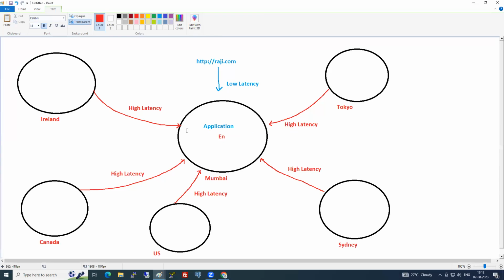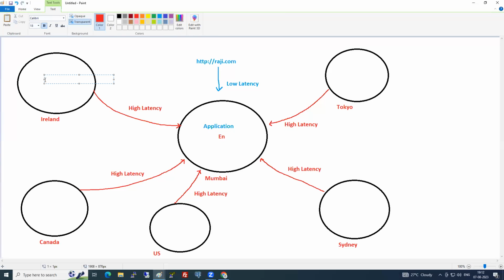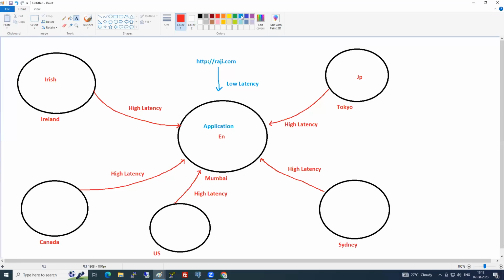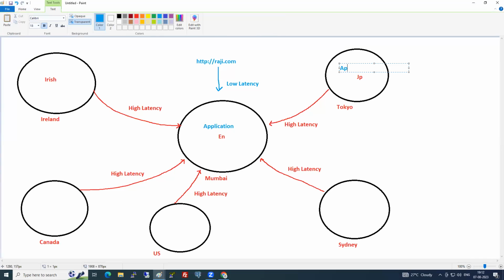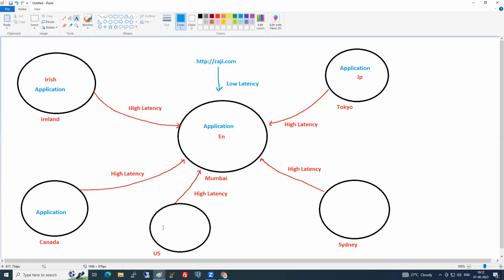For Ireland, I need Irish language. For Japan, I need Japanese language. So in this case, is it possible to serve through CloudFront? No. So in that case, you need to have the application in each and every region separately, correct?